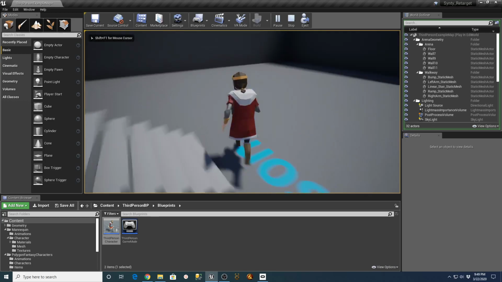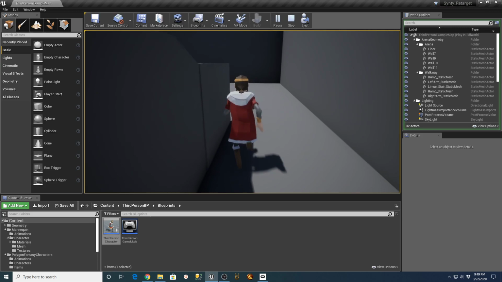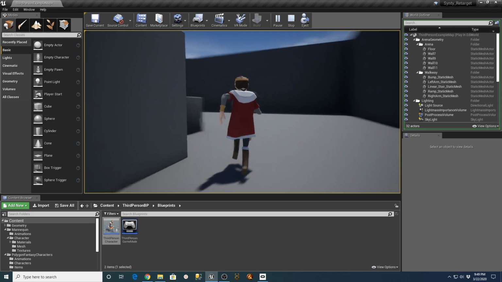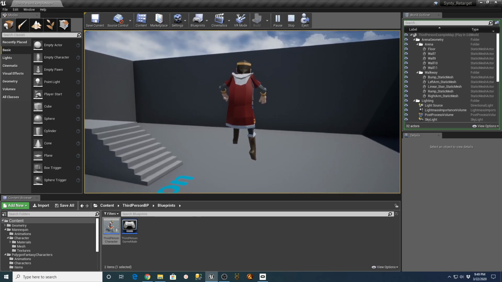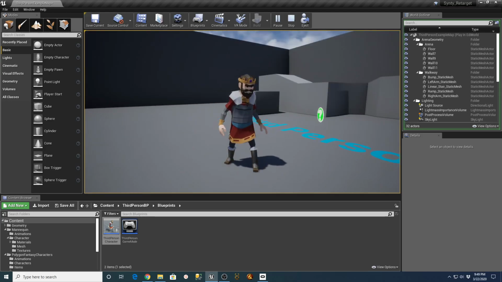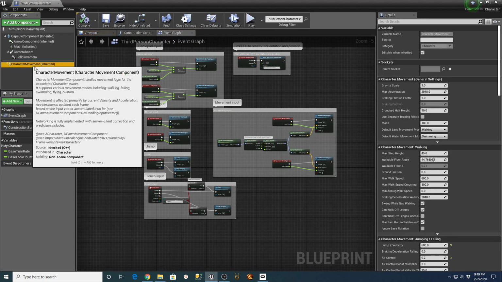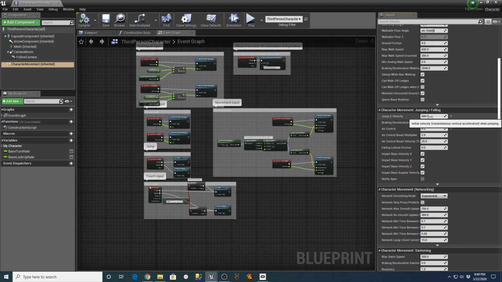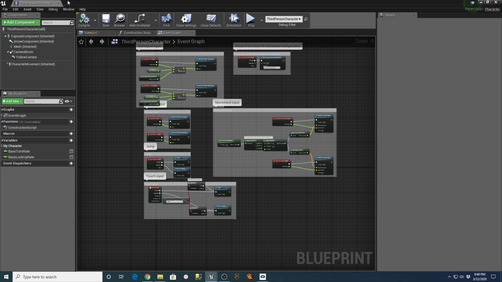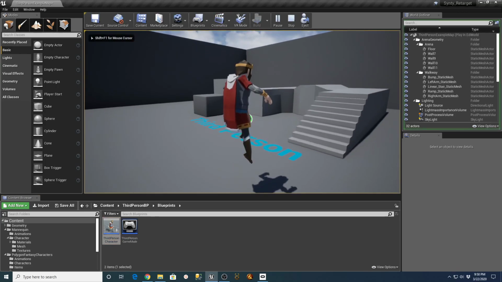And again, just the timing of some of the animation sequences. See, to me, I've never liked the default UE jump height. So what I do a lot of times, I would go into that third person blueprint, and under the character movement, there's a section in here under jump Z velocity, and I would bring this down to maybe 400, and then see if you like that jump a little bit better.